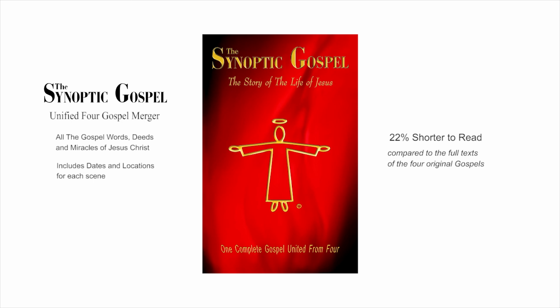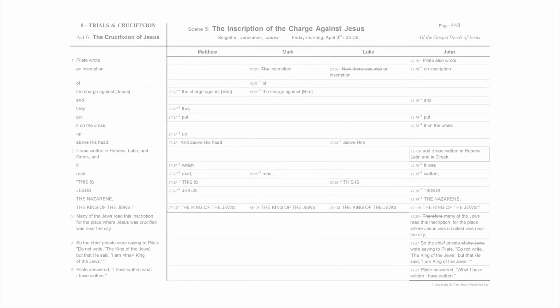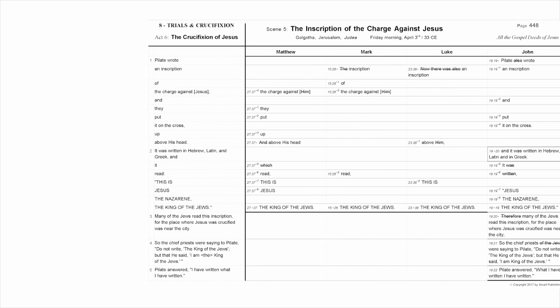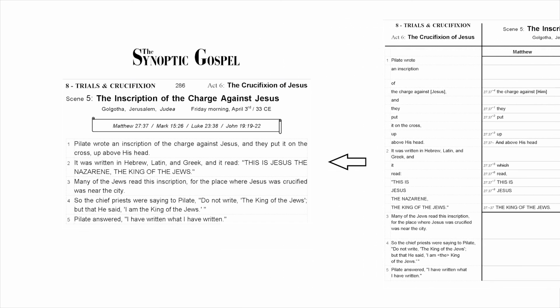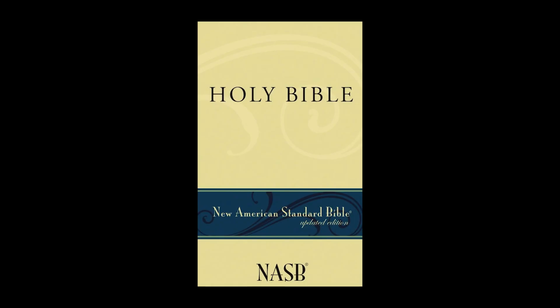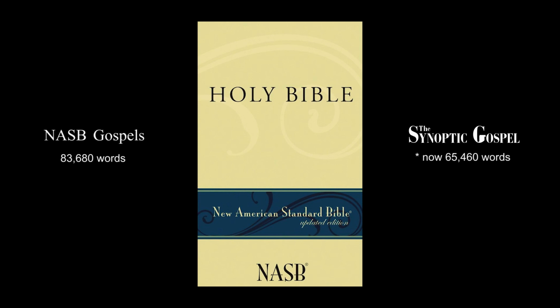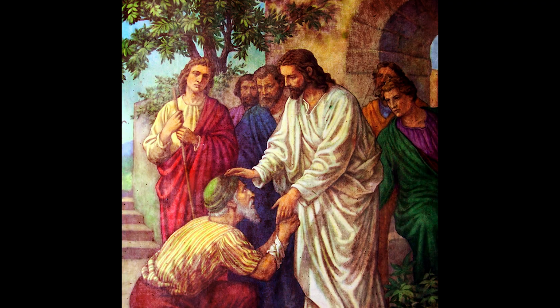While the full 5-column database is in some ways one of the most complex books in the world, the Synoptic Gospel reprint of its 5th column is the Gospel story told as simply as it is possible to tell. The NASB version of the four Gospels contains 83,680 words, and it takes quite a bit of time to read. At just 65,392 words, the text of the Synoptic Gospel is 22% shorter, and is therefore much faster and easier to read